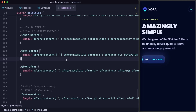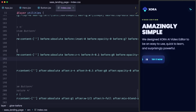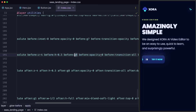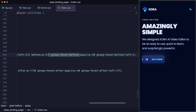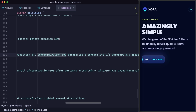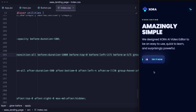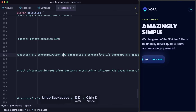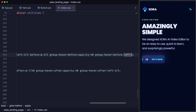So we're trying to create an element, or rather the styles for that element, that'll show before this button, or on top of it. You can think of it that way. In this case, we're trying to add a line that has a height of about 0.5 or 2 pixels. So it's a 2 pixel line that has a gradient of 8 and an opacity of 0. What happens then is when you hover over it, so group hover, when you hover over the button, we actually give it the opacity and then we move it to the left, okay? And we do that transition over a 500 millisecond delay. If you increase this over to 1000, like this, and hover, you'll see that now it stretches over a longer period of time. So basically it goes from 0 opacity and central position to 40 opacity and left 4 position,